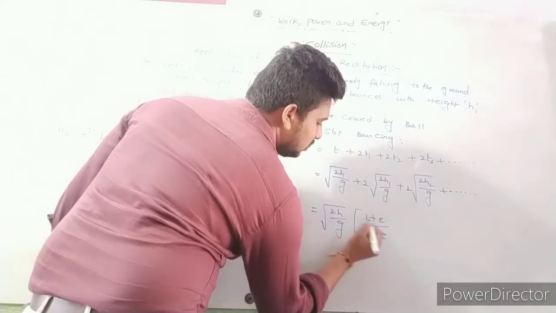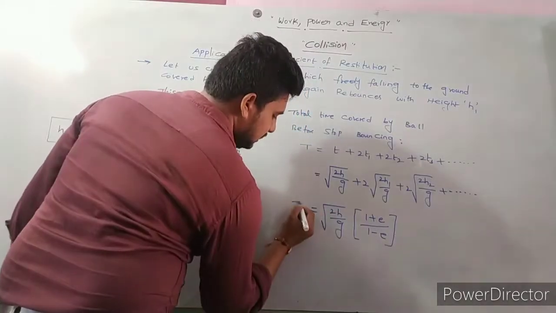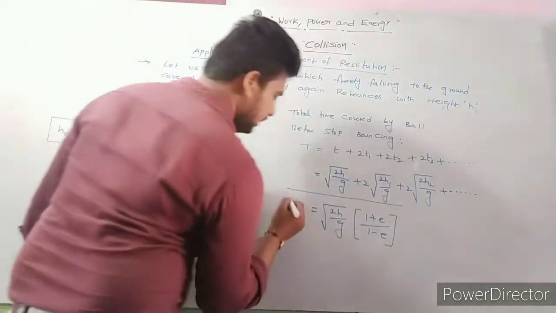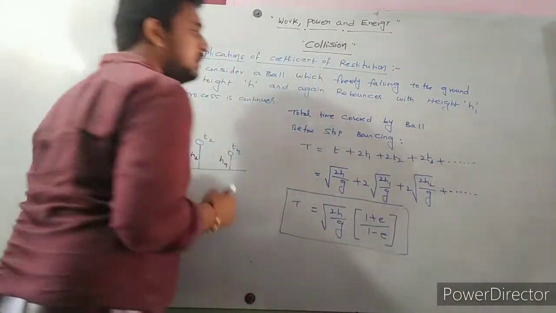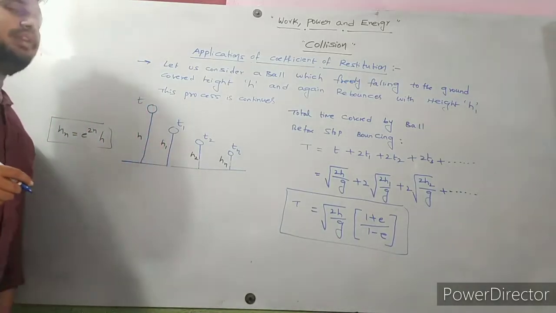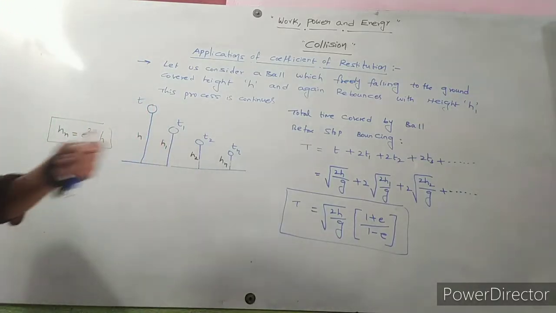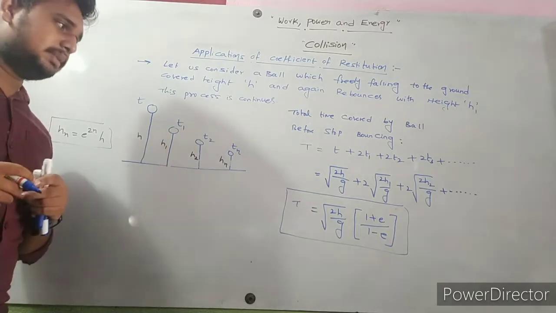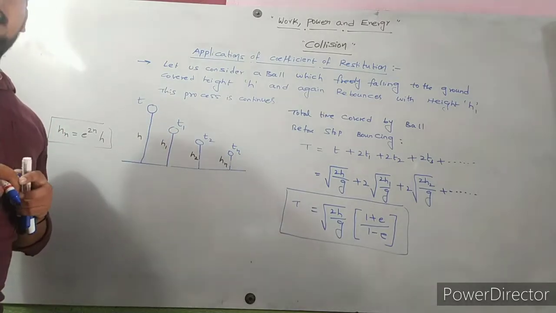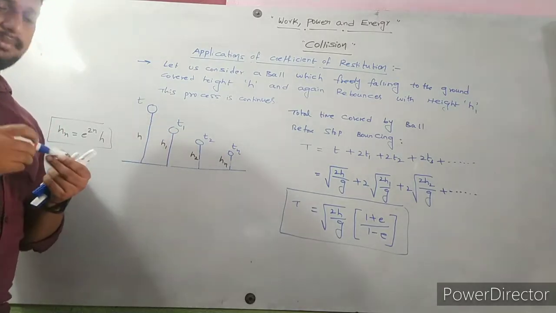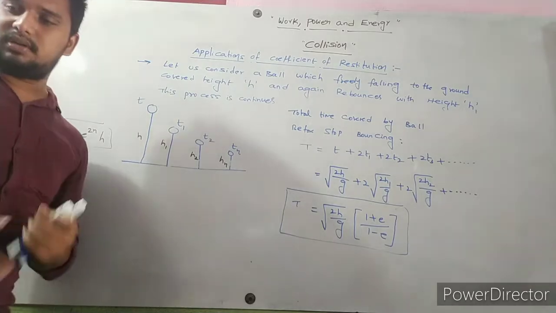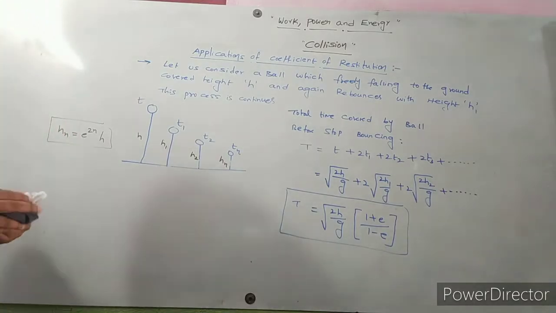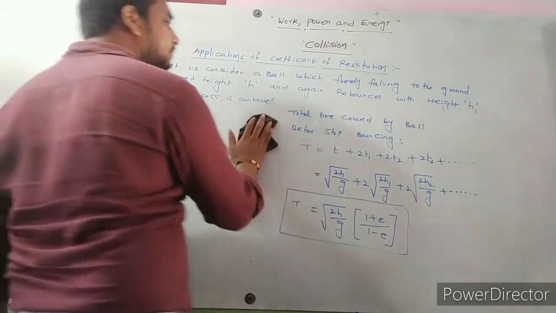So finally we got total time, T is equal to square root of 2h by g into (1 plus e) by (1 minus e). This is a very important formula. Next we'll discuss